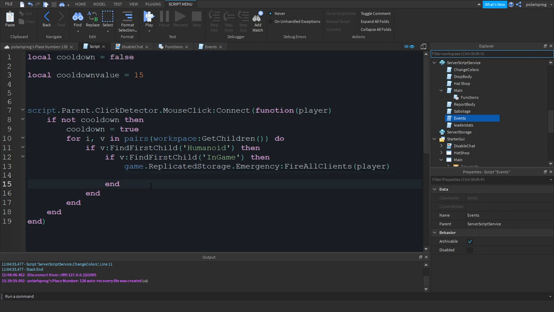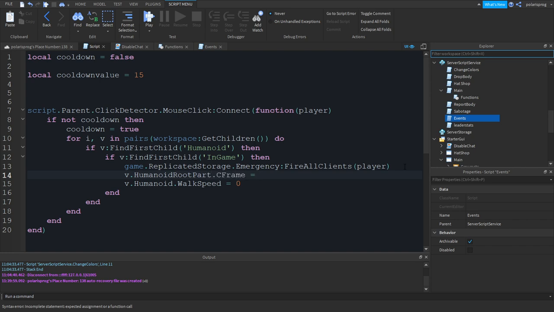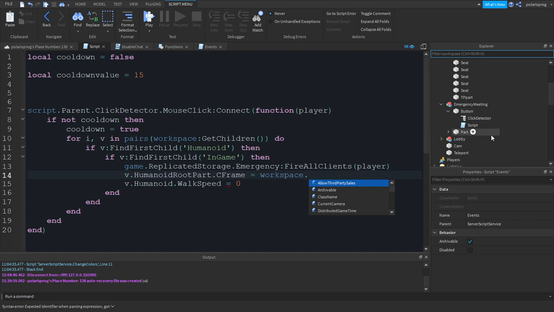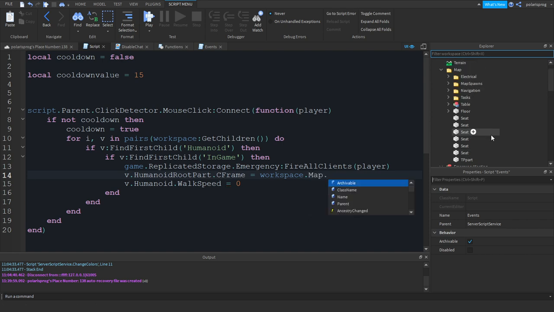Just go back to your script that's inside of the button, and all we have to do is set the v.Humanoid.WalkSpeed to 0 equals 0, and after that, I forgot to teleport them. So v.HumanoidRootPart.CFrame is equal to workspace.Map.MapSpawns